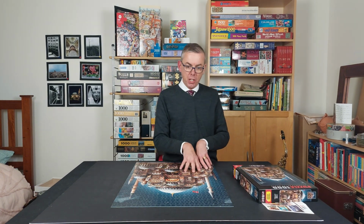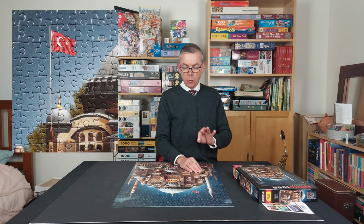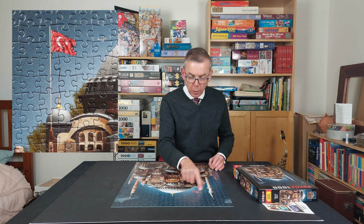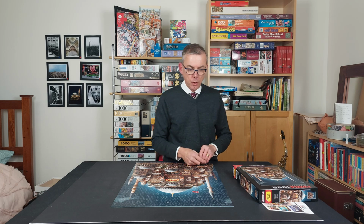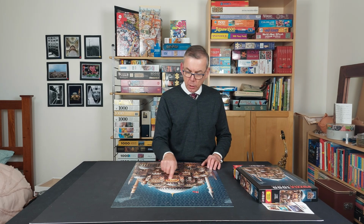After that, I went for the easy things. Firstly, the Turkish flag stands out really easily. Now, there are 1, 2, 3, 4, 5 pieces involved there, so not very much of the 1,000 pieces at all. So I've got that. I did the window in the middle here,